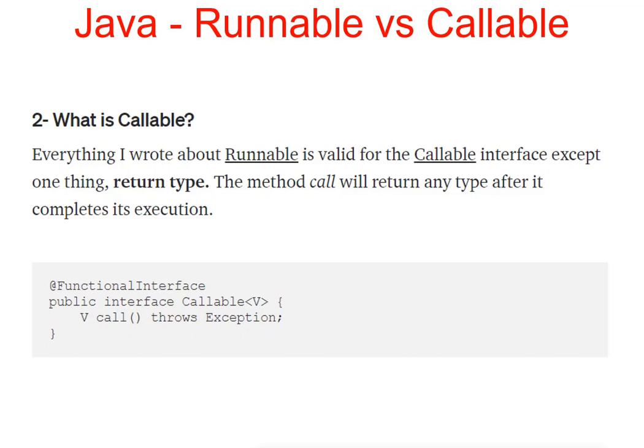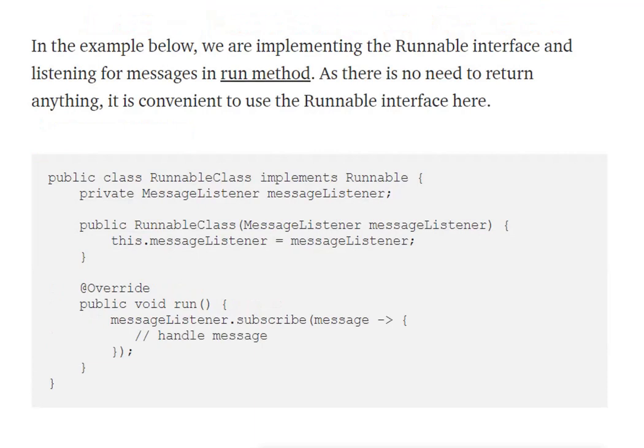To implement the Callable interface in any Java class, you need to override the call method. And from the call method you can write your logic that you need to execute inside the thread environment, and you get the return type. Now we will discuss the scenarios where you can use Callable and where you can use Runnable. Suppose you got a requirement where you need to create a Java class.